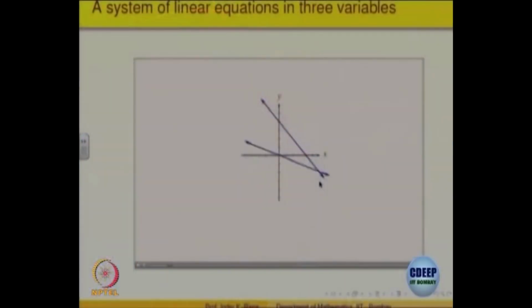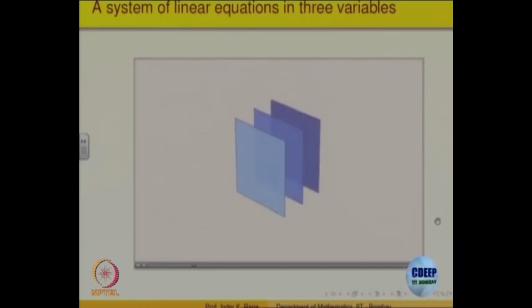If the lines are distinct and parallel, then there are no points of intersection and the system has no solutions. And if the lines are identical, the 2 graphs coincide, intersecting at an infinite number of points. The system therefore has an infinite number of solutions. Likewise, systems of 3 linear equations in 3 variables can have a single unique solution, no solutions, or an infinite